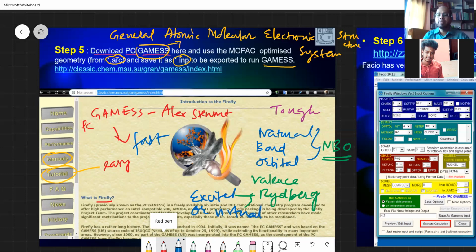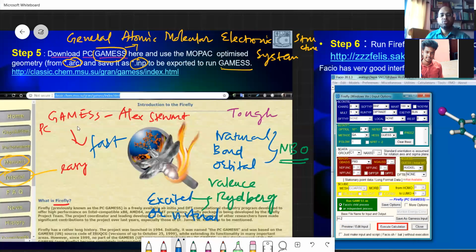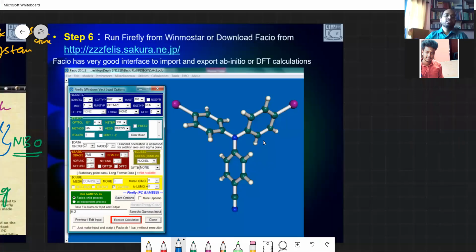So if you have some population there, you can suggest that the molecule is easily excited into the excited state, and it has fluorescence and phosphorescence. But if you don't find any electron in the Rydberg state, it is very tough to excite them, and therefore it doesn't have any optical property like fluorescence or phosphorescence. Okay, this will be a bit tough, but anyway, keep in mind, if you want to do them, we just go through these steps.